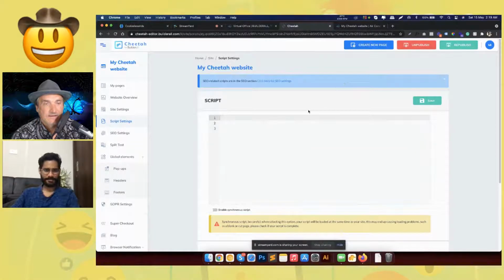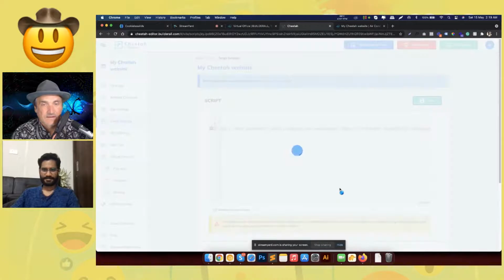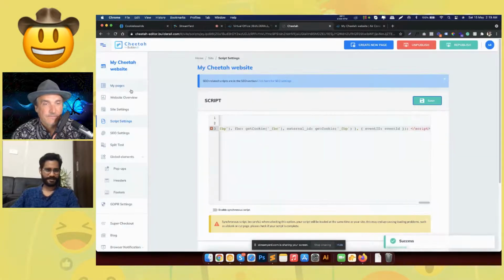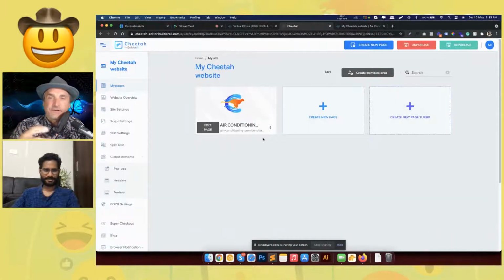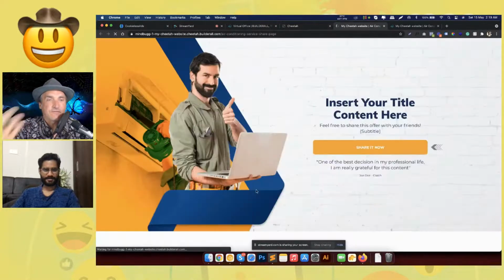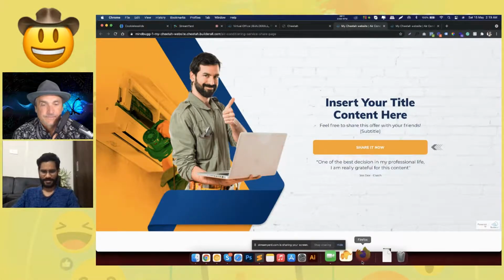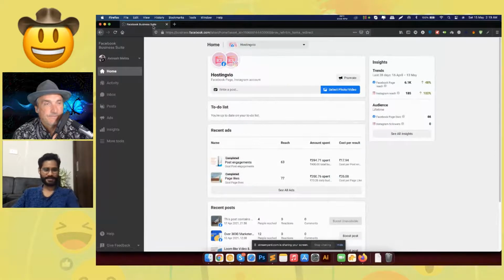Okay, here from the app, let me paste the code. I think I have it handy. Save. And so what he's showing here is the alternative code. You just stick that in the header of your Builderall website, and then it runs the pixel alternative. Yes. So here is my page that I created here in Cheetah Builder of Builderall, and when I go to my Facebook pixel account, let me go to